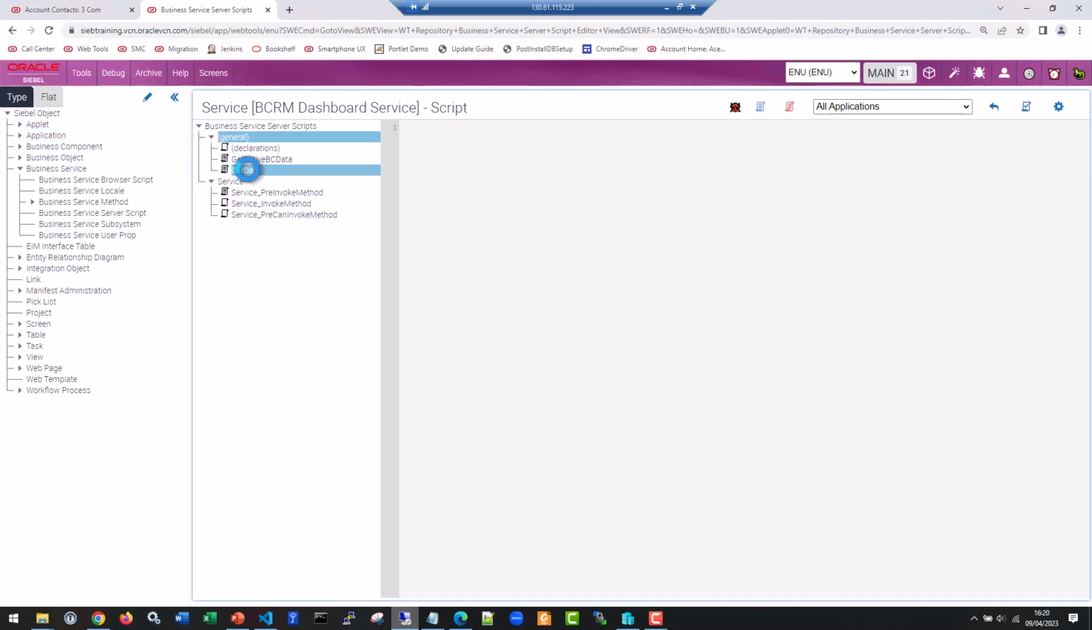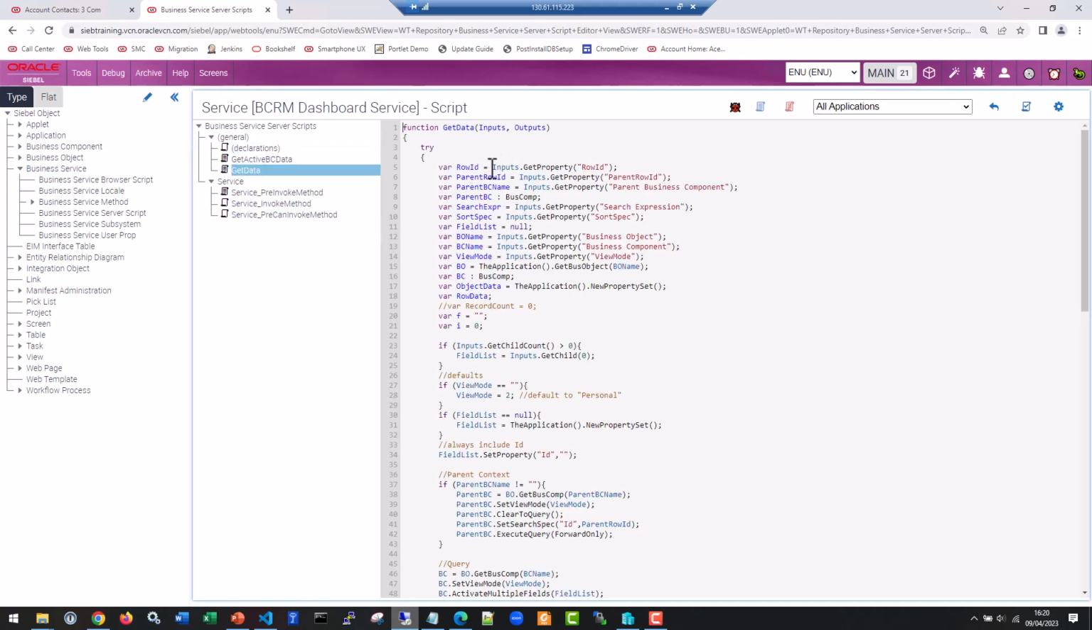So our business service, the main function here is GetData. And that GetData function receives an input property set apparently. Let's point out the most important stuff here. There's a search expression, maybe a sort spec, and the business object, business component and view mode will be given,